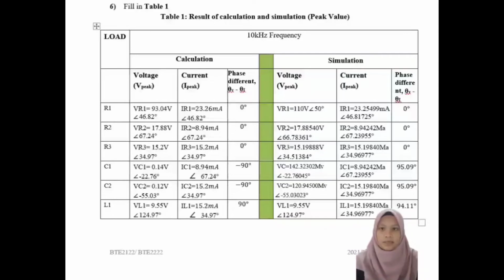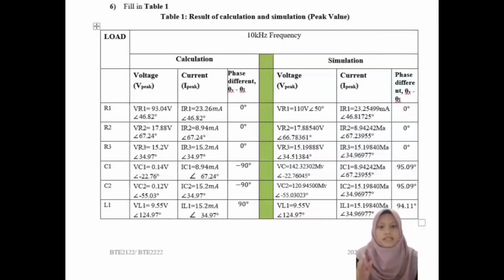IC1 8.94242 milliamp and 67.23955 degree, and IC2 15.19840 milliamp and 34.96922. IL1 15.19840 milliamp and 34.96977 degree. So here we can see for IR2 and IC1 we got the same value, because as we know